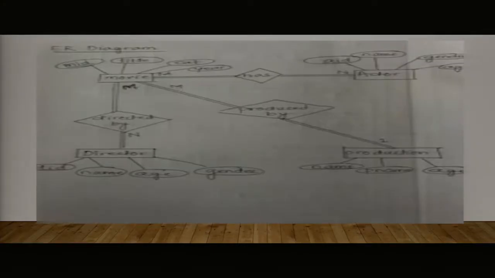Okay, yes, this is the ER diagram. Now if you can see, the two tables involved are the movie table and the actor table. Please visualize this. The movie table and the actor table have a relationship table in between, which has been named "has". But within our database, when we were creating the tables, we named it actors in movies. So this relationship has been named as another table, actors in movies, and this is the movies table within our database, and this is the actors table in our database.